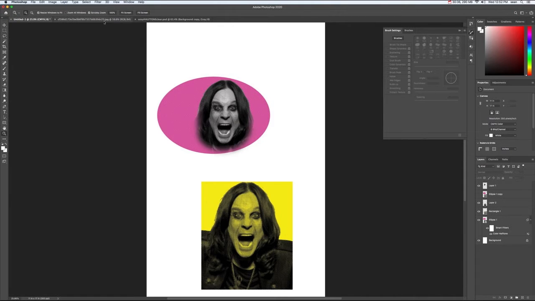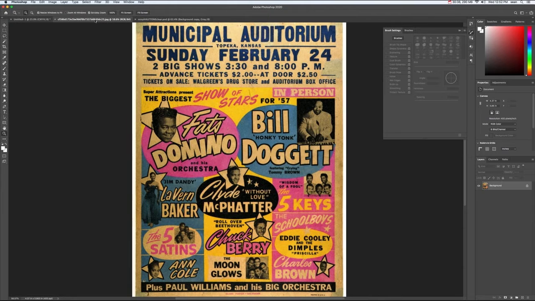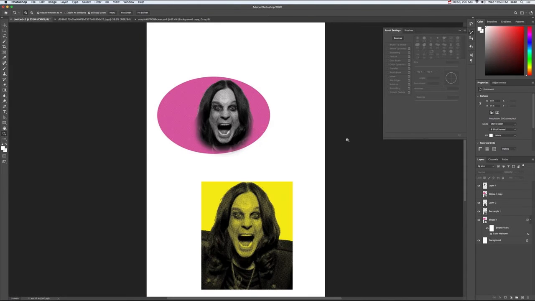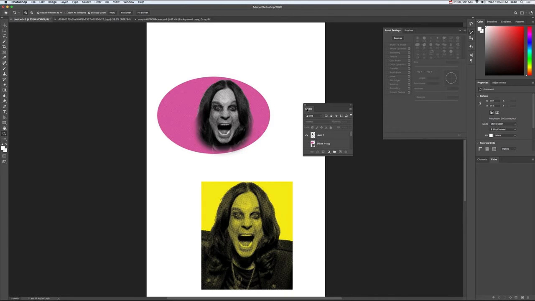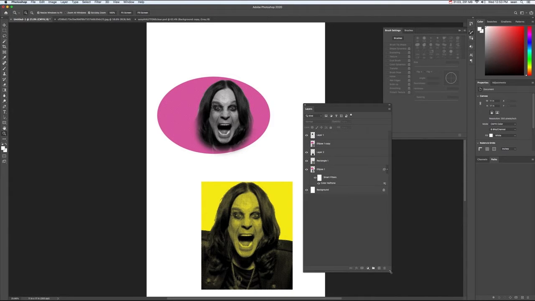Now, you'll notice again, if we go back to this original, they use some design elements. Like on Fats Domino, he has that star behind his head. This is all going to come down to layering. Okay? Just like in this piece, if you look at my layer palette over here, I'm going to pull it out over here. Let's make it big. And let's see if I can increase the size so you can see the